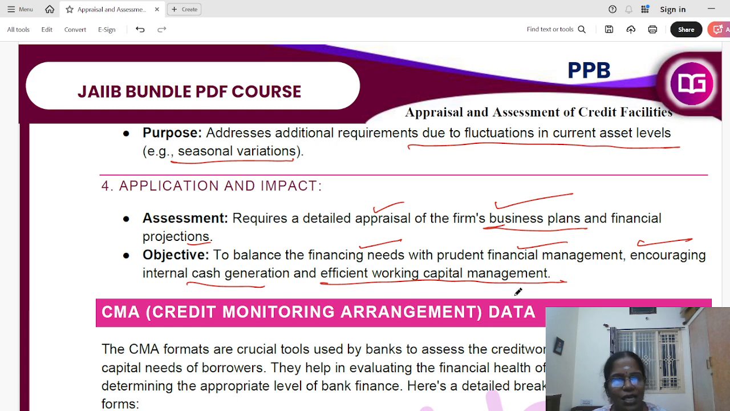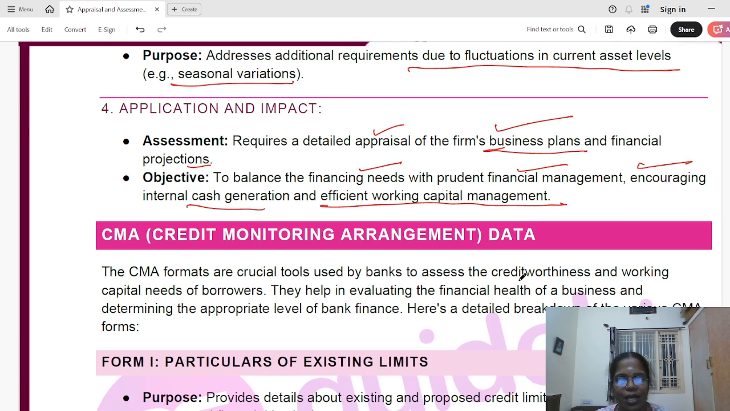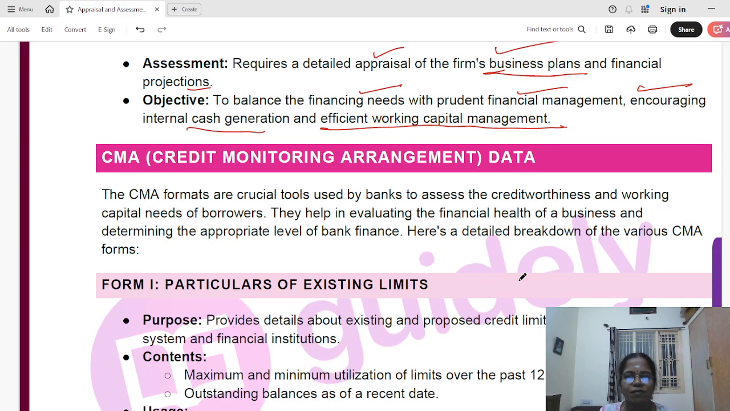Then another one is the credit monitoring arrangement data, CMA data, which is one of the tools used by the banker to assess the creditworthiness and working capital needs of the borrowers. So evaluating the financial health of a business and determining the appropriate level of bank finance. அவங்களோட financial health எப்படி இருக்கு, அதுக்கு ஏத்தாப்புல அவங்களுக்கு எவ்வளோ அமௌண்ட் appropriate financial need என்ன இருக்கு அப்படிங்கிறத